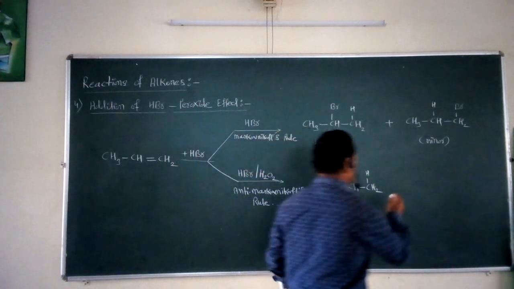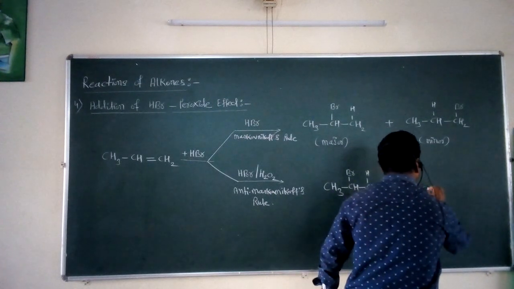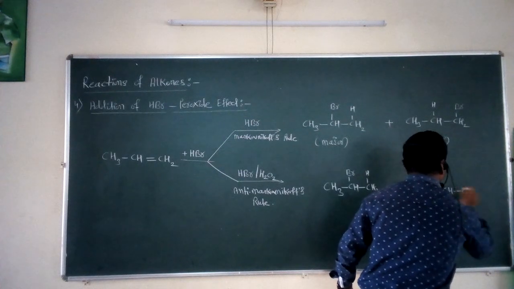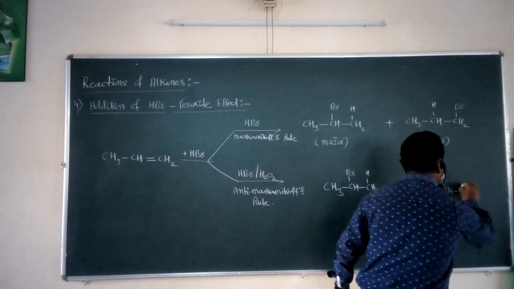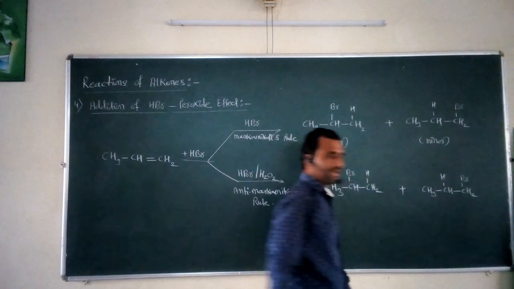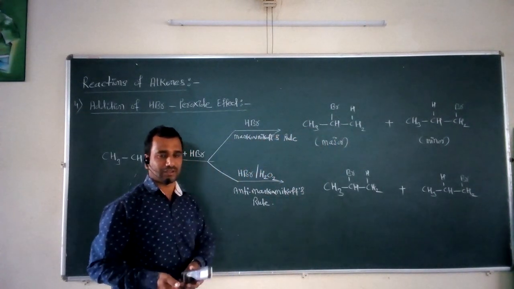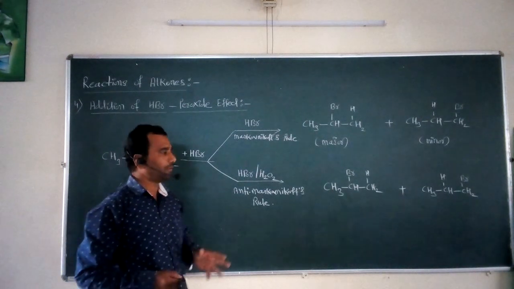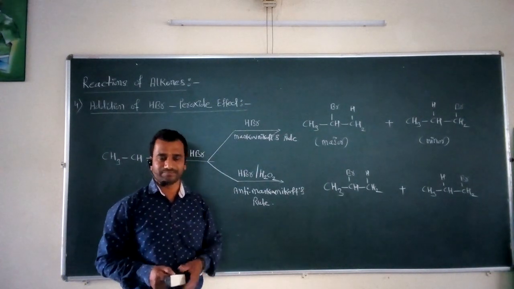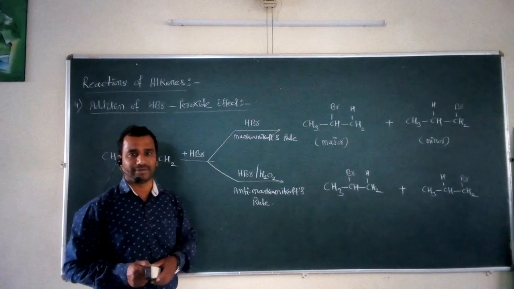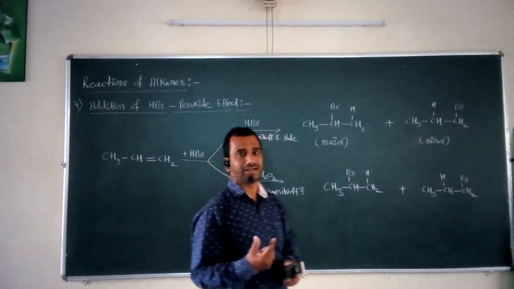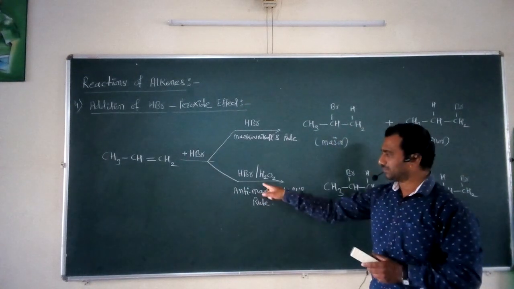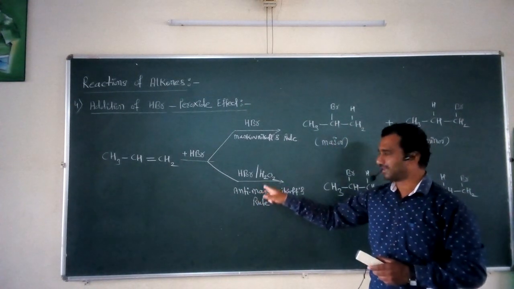Second, what you will get? You will get here CH3, single bond CH, single bond CH2. This is H and this is Br. So, again, similar types of products are obtained as in the first product formation. Now, the important question is that two products can form. So, again we are interested to write the major and minor products among these two. Now, this HBr addition takes place in the presence of H2O2.